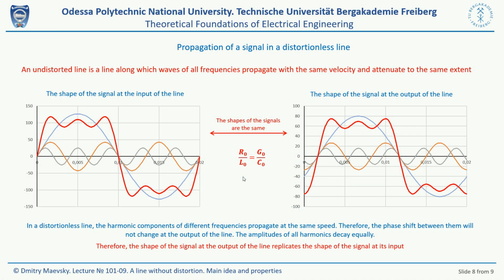Let's consider how a signal propagates in a distortion-free line, for which the relationships between primary parameters are satisfied. To do this, we will again use the first three harmonics, first, third, and fifth, of the Fourier series expansion of a rectangular pulse. The waveform at the beginning and the end of the distortion-free line is shown in these figures. As can be seen from this figure,